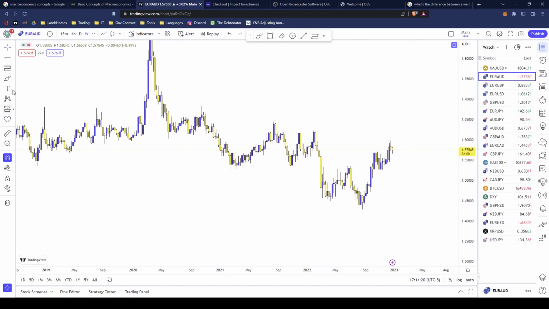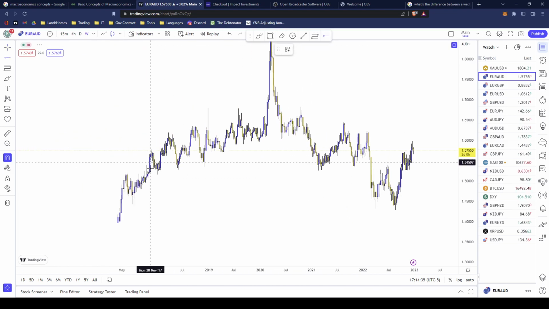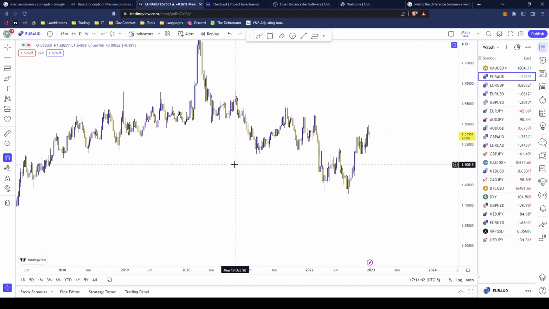Typically, I like to start on the weekly. The monthly is a little too high for me. So we'll start on the weekly, and we'll look at the structure, whether it's bullish or bearish structure. We'll look at the trend, not necessarily trend lines, but just the trend based on structure. So we see that at this point right here that is very bullish structure, and then whether it's a change